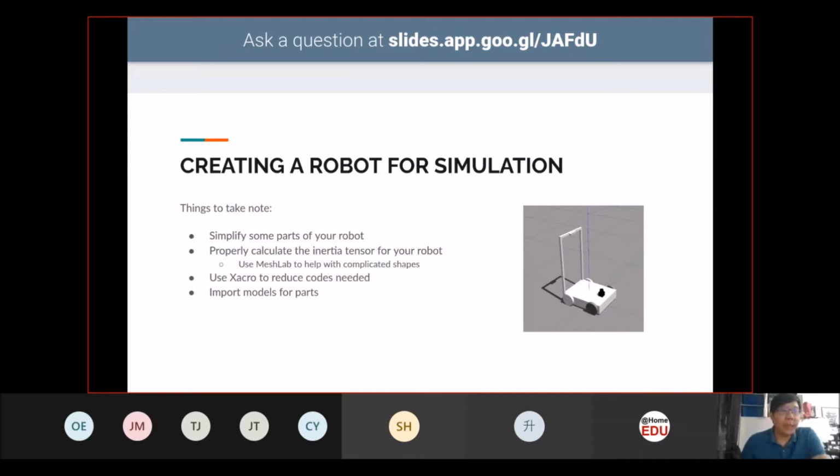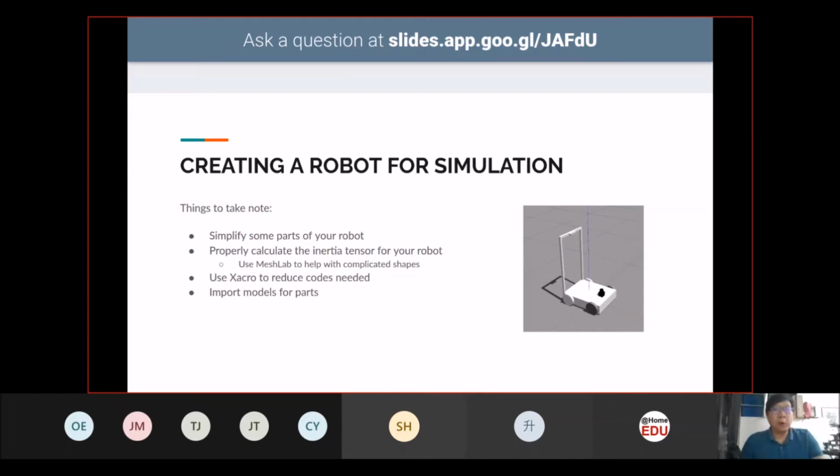That's why when we created this, we need to specify the weight of the robot, and also we need to calculate the inertia tensor for the object itself. Calculation of the inertia tensor is quite straightforward. You can find the equation online, and you should be able to calculate it according to the size that's needed for your robot.